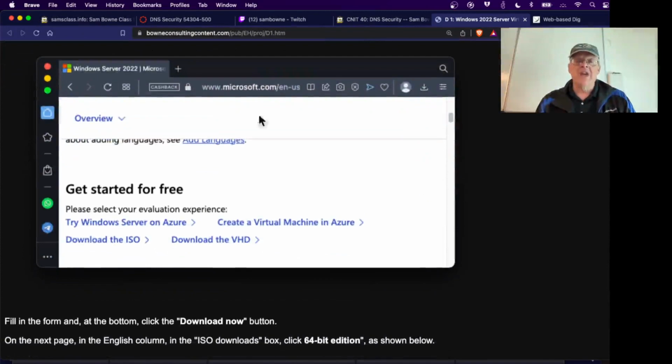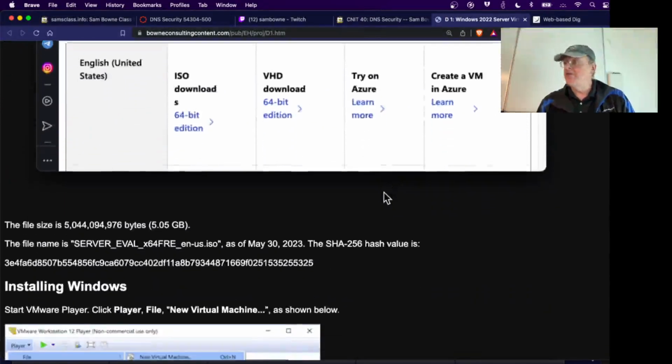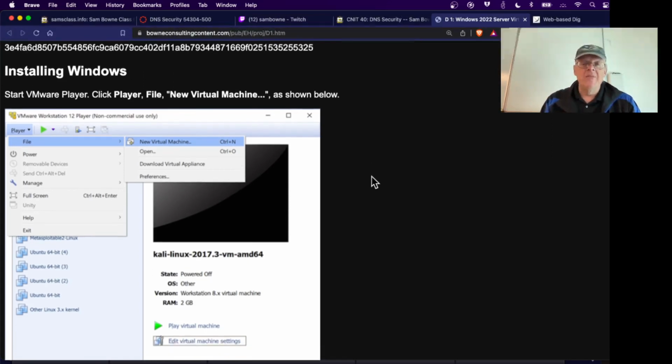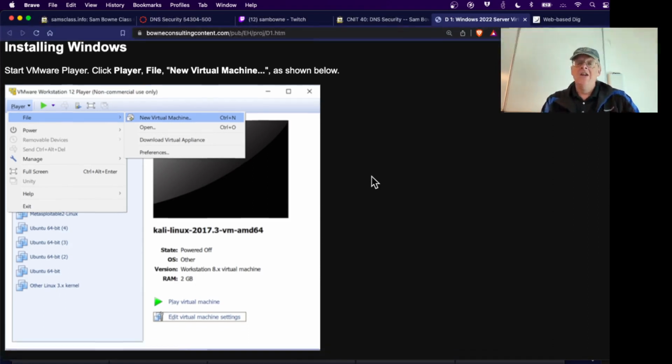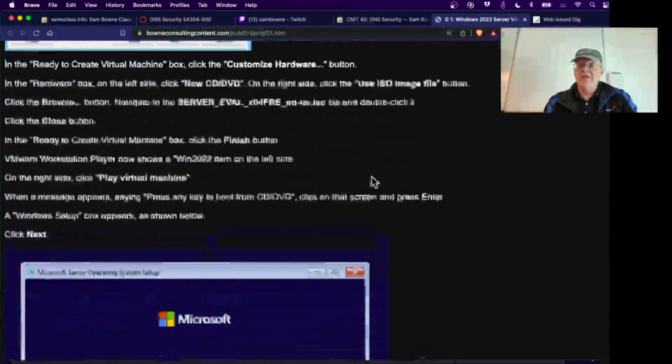So you download this ISO file. You have to make a Microsoft account if you don't have one, but it's free. And then you have to install Windows. Using a virtualization client, you can use VirtualBox or VMware, or there are other things like QEMU and stuff. But most people who use Windows use VMware. If you're using a Mac, you use VirtualBox typically, although VMware has a free version for the Mac too now, VMware Fusion Player. So you create a virtual machine, and then you just go through a Windows installation process, which